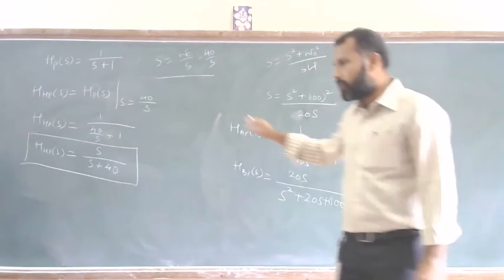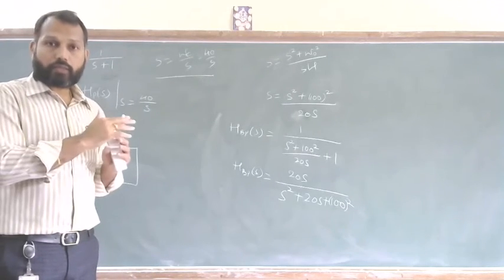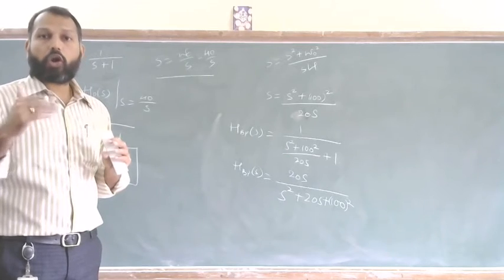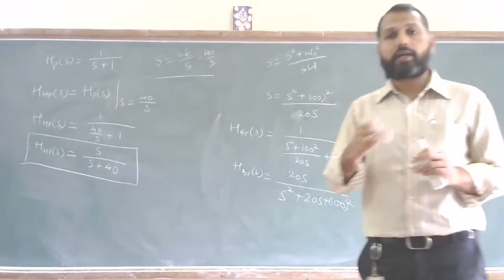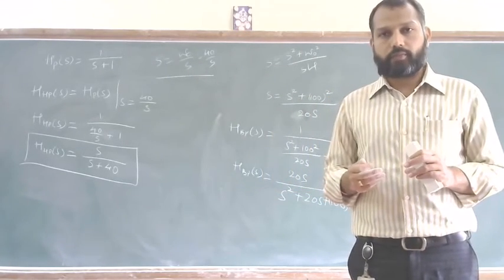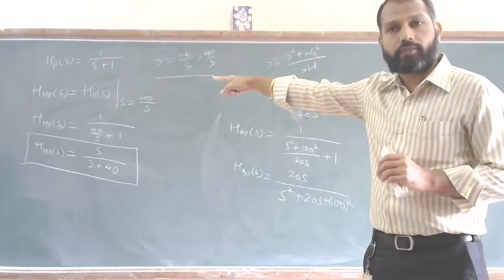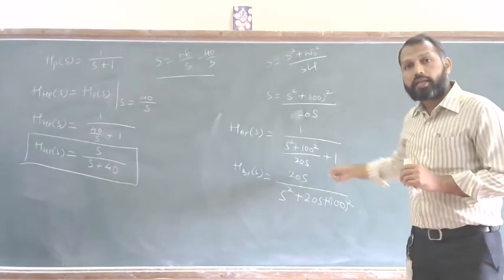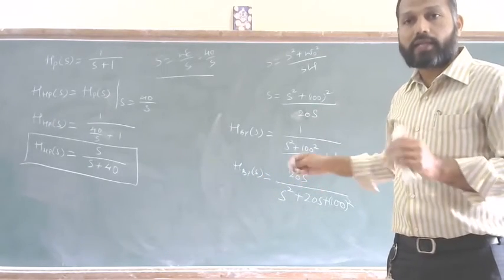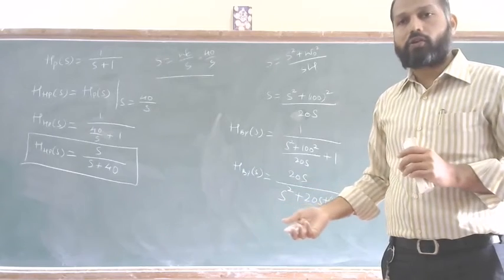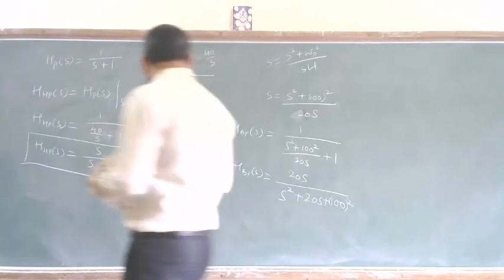What it means is that to convert a low pass prototype filter into band pass or band stop, the order of the band pass or band stop will be twice that of the low pass prototype filter. Here we started with the first order low pass prototype filter's transfer function, and after converting it into band pass, the transfer function of the band pass that we obtained is of second order. That is, a first order system will be converted into a second order system only for band pass and band stop. Did you all get this?